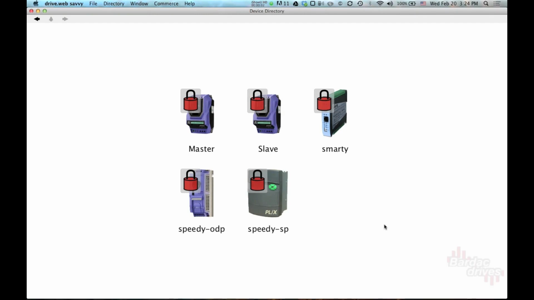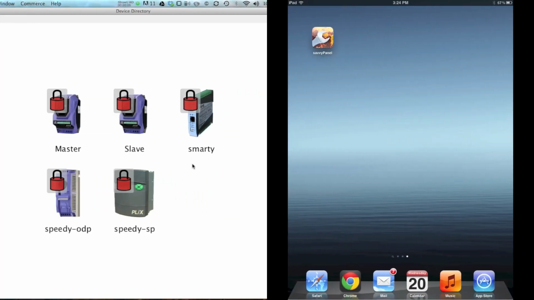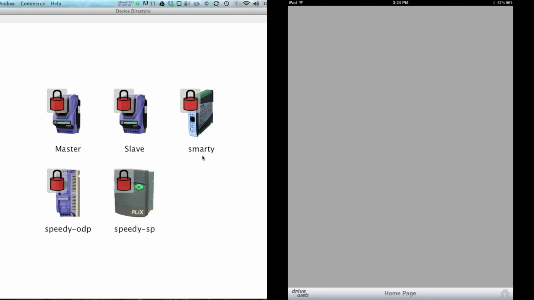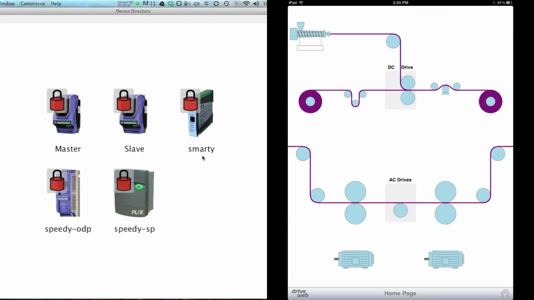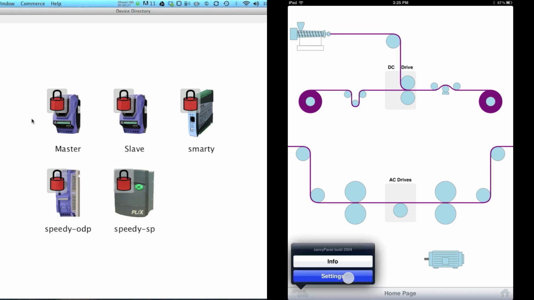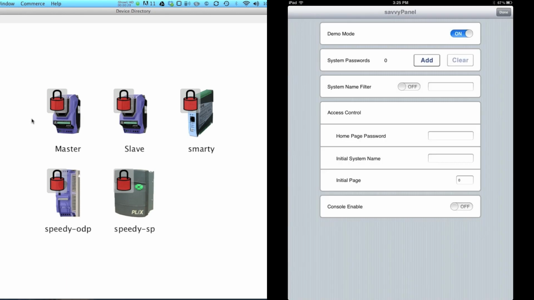Remember in the beginning when I told you to go ahead and download Savvy Panel for your iPhone or iOS device like iPad? Well, now we get to play with it. So if you start up Savvy Panel and click on the icon on your iPad or iPhone, you'll load up a demo version that's the same demo version that you're looking at now. Now this is the operator interface for it. As long as you're connected to Wi-Fi and as long as the demo mode selector switch is on, you'll load